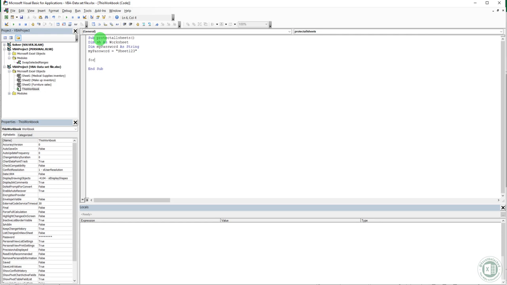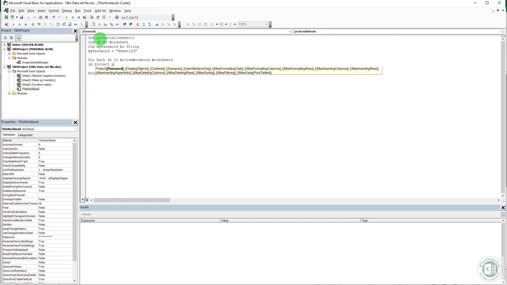Here comes the fun part. For each sheet in active workbook dot worksheets, sheet.protect password equals my password.